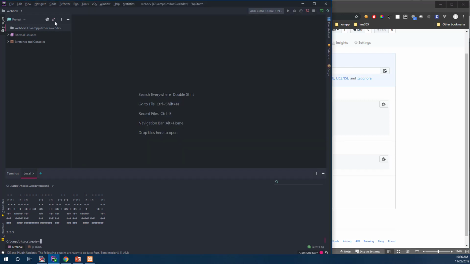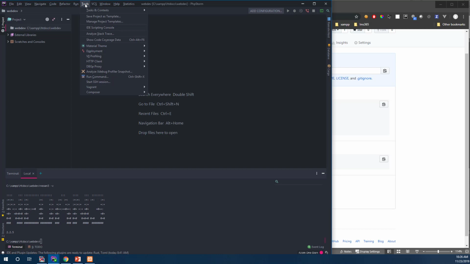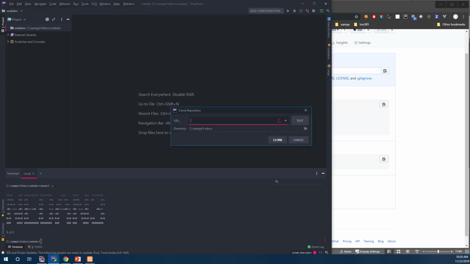So in my PhpStorm, I'm going to go to VCS, Version Control System, and say check out from version control, Git. I'm going to paste this in